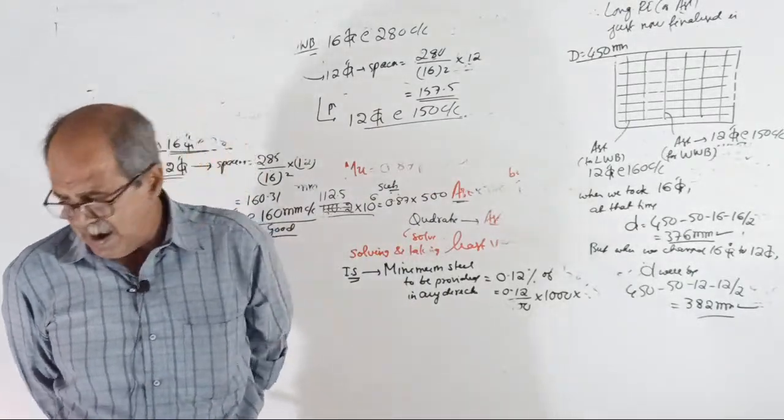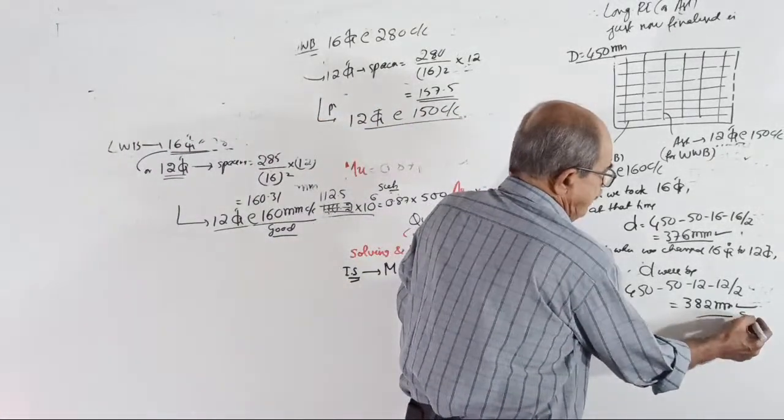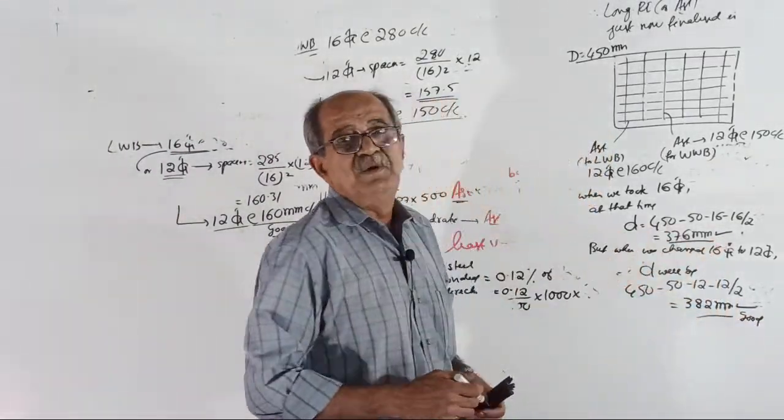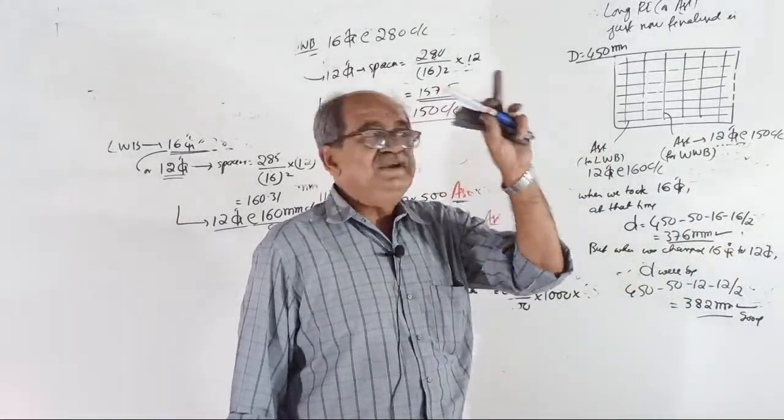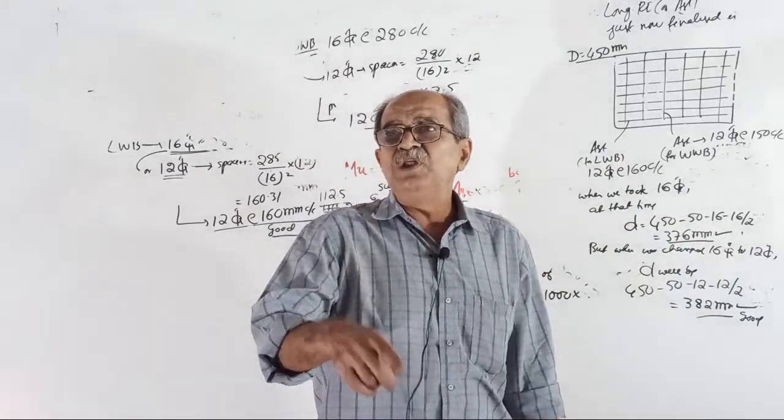Is it good or bad? It is good, right? Good. Therefore, your choice. What shall we do? Shall we continue with the D equal to 376 only? Means you continue the purchase